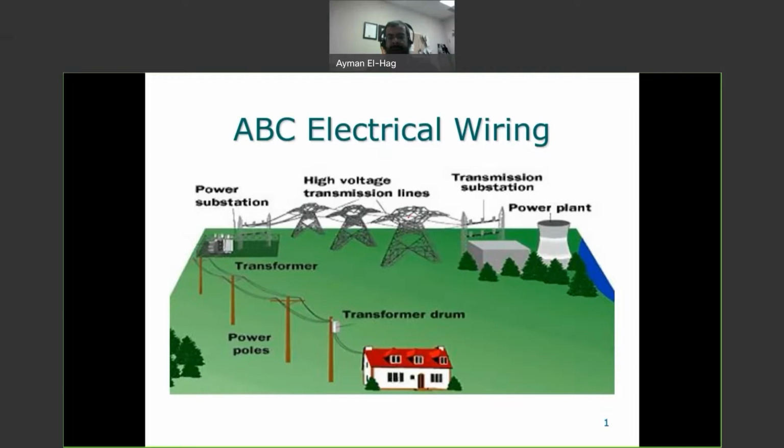So if we look at this diagram, it shows the whole power system. Here we have what we call the generation. These big towers that we see are the transmission. And then as we come closer to our houses, this part is called the distribution system. Now in the distribution system,